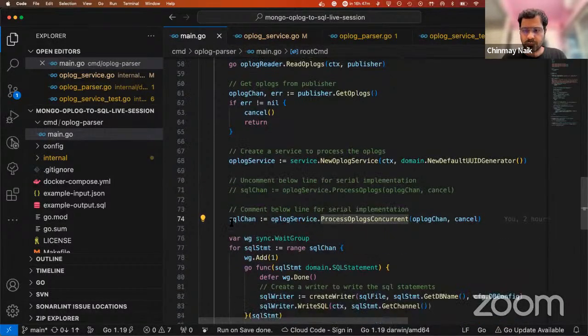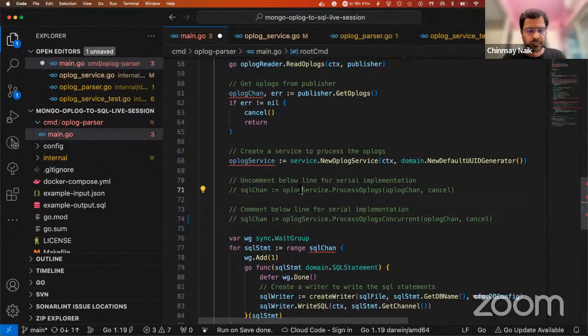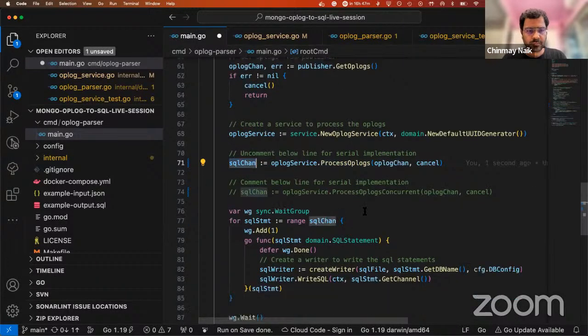Now we have both implementations. I will show you one by one. First, I will show you the sequential implementation, where it will take the oplog channel as the input, process it, and then return the SQL channel, right? So if you look at this diagram,